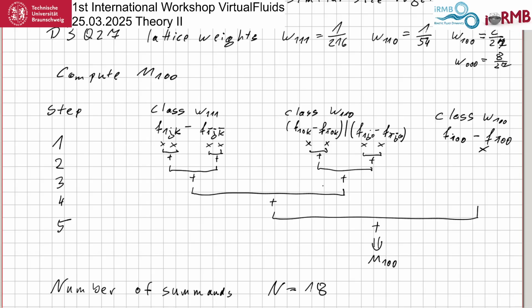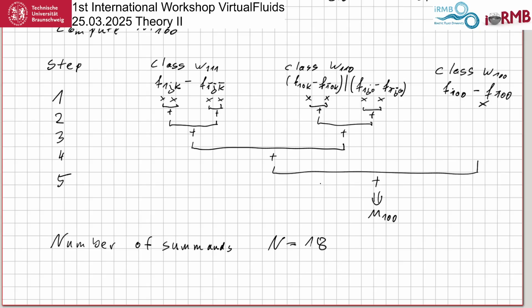So we add 18 numbers. Now the naive summation would therefore have an error of order 17 delta,